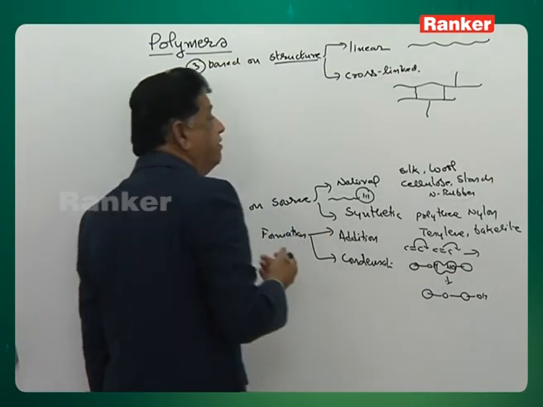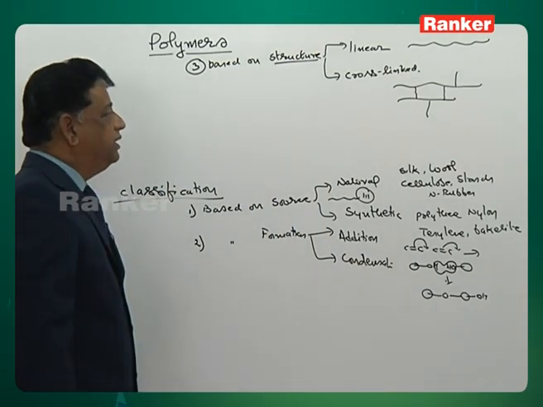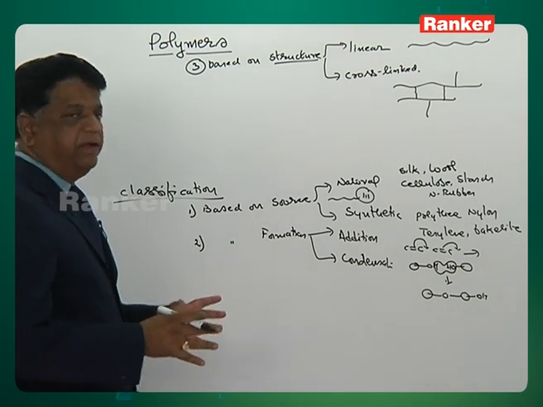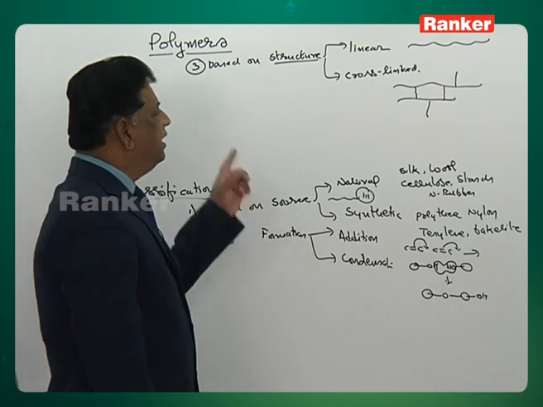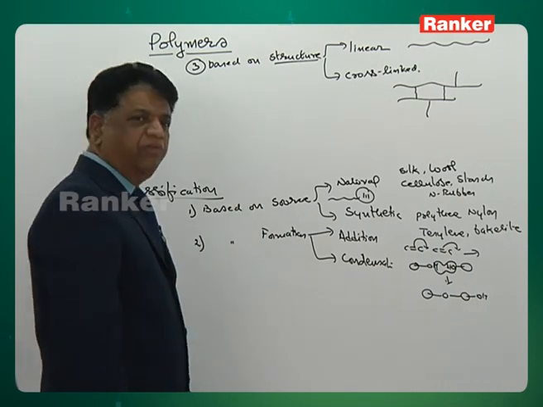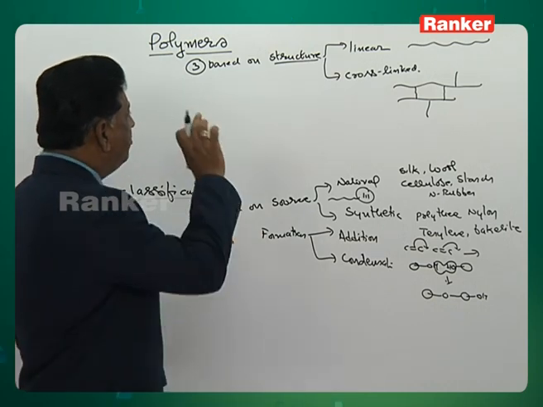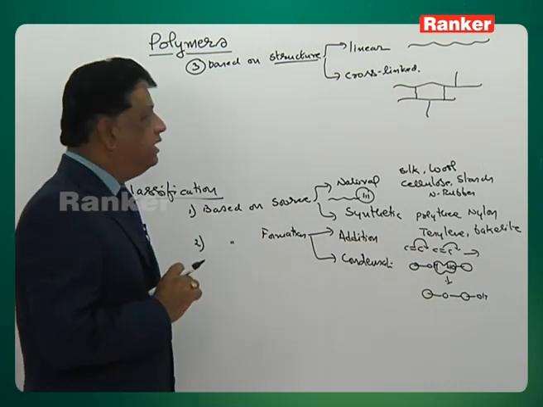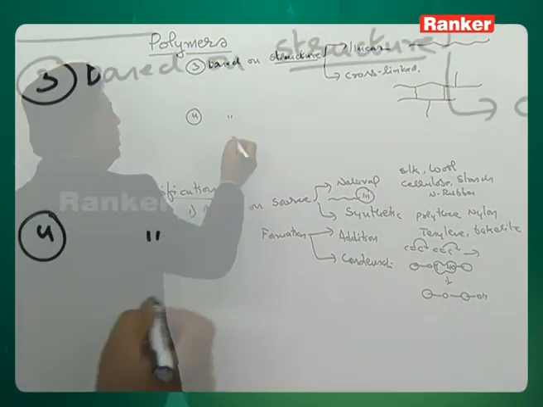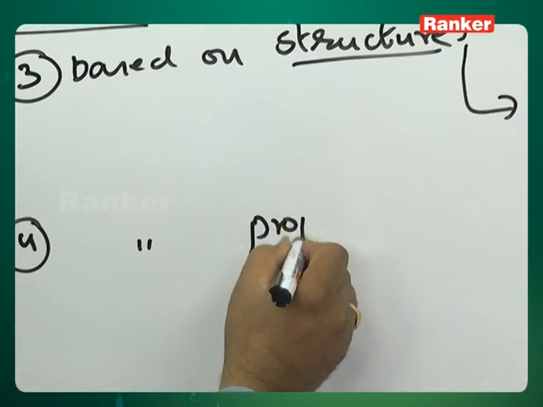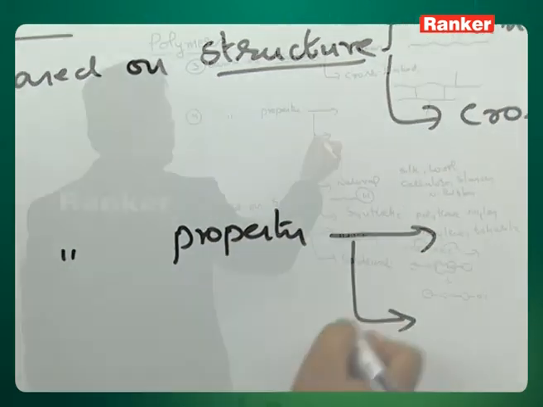Sulfur addition is an example of cross-linked formation, and this cross-linked formation will give net type polymers. Linear polymers are suitable for industries like the textile industry and so on. Based on the structure, we can define two types. The fourth variety is based on the property. They are again divided into basically two types.